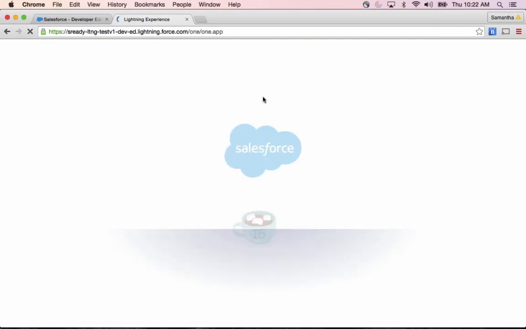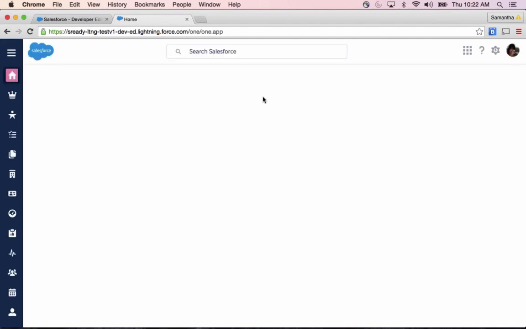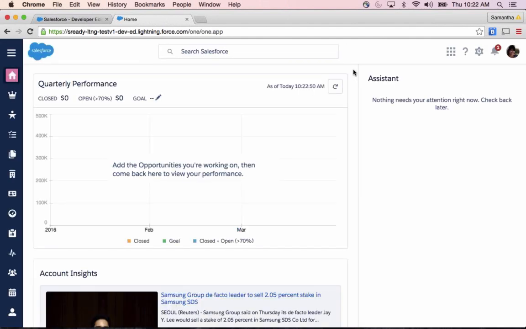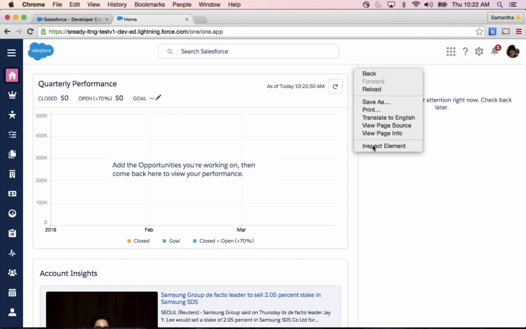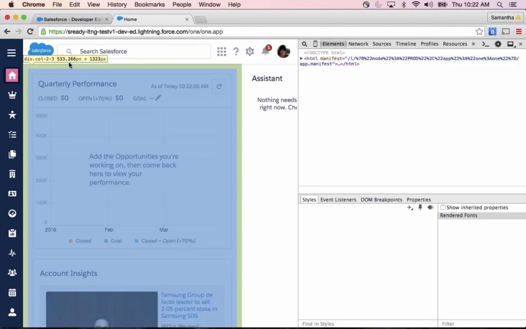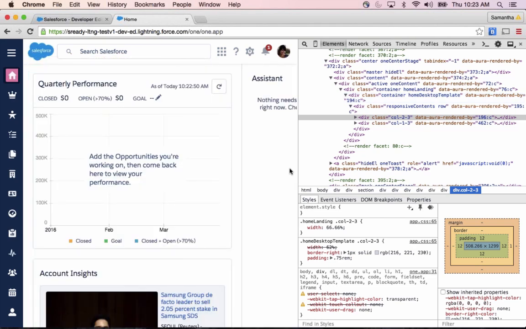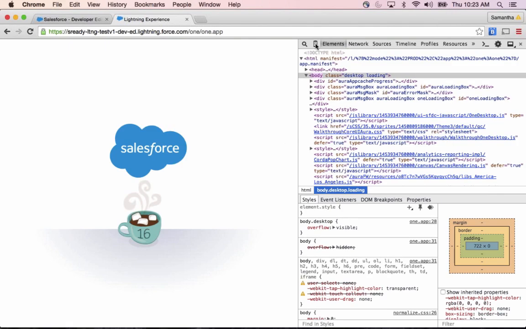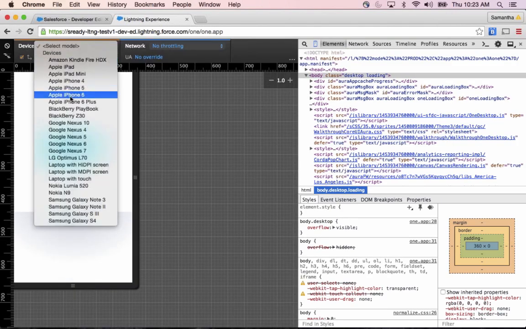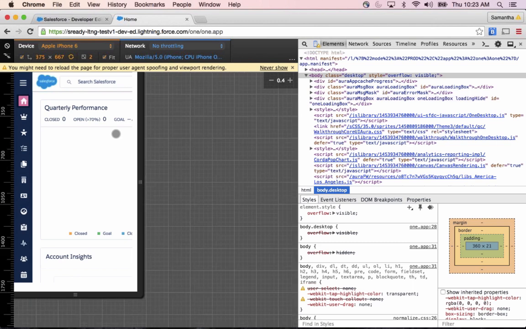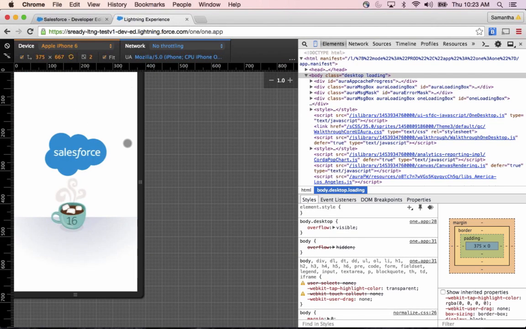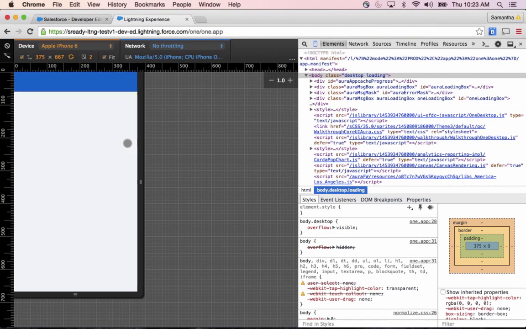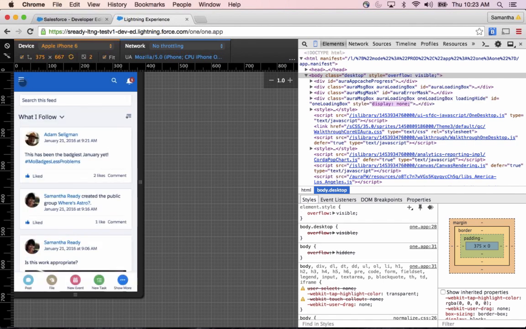That'll still allow you to test Salesforce 1 inside of the browser if you're trying to do any sort of custom development or debugging. So I'm in Lightning Experience right now, but by inspecting the element and then changing the user agent to... sorry, I think GoToWebinar is making my computer a little bit slower. I'm going to change this to an iPhone 6 and then refresh the browser. It should, instead of being in Lightning Experience, show me what the Salesforce 1 app would look like.